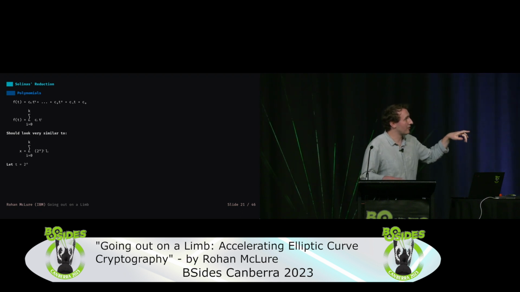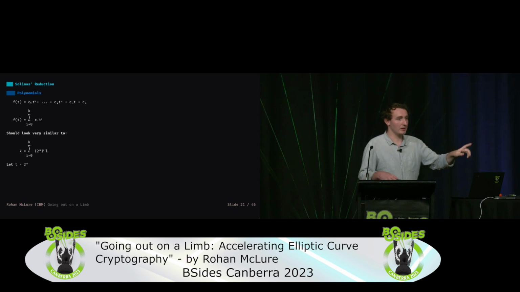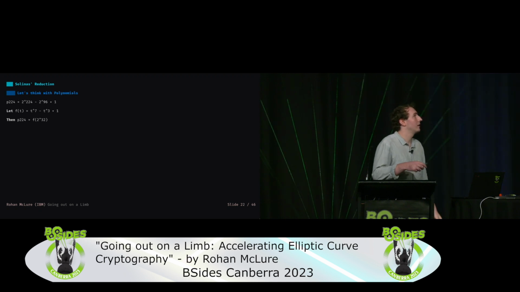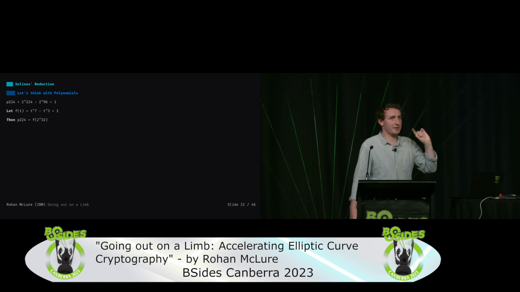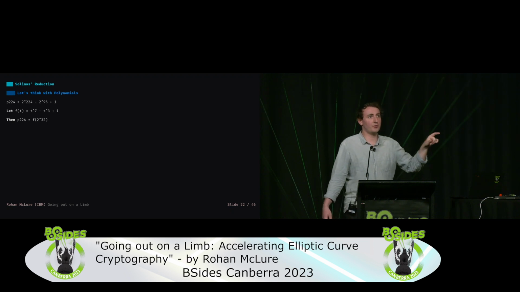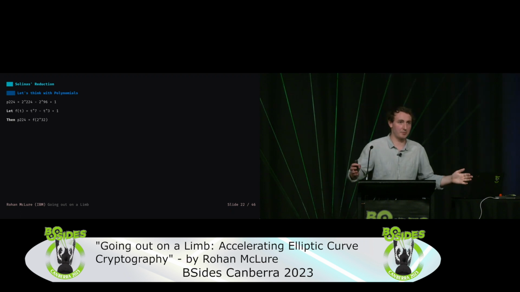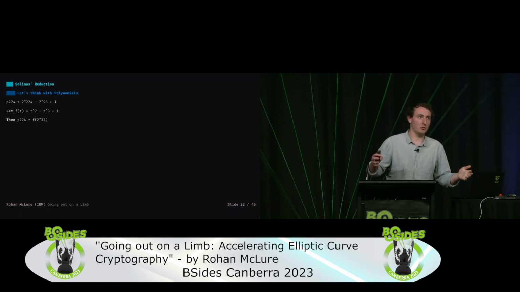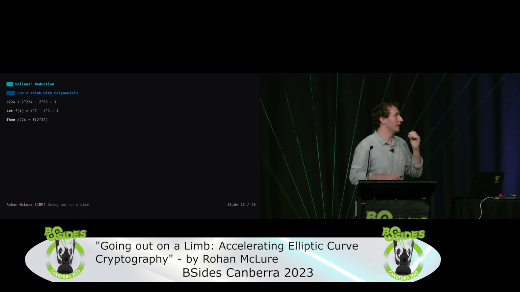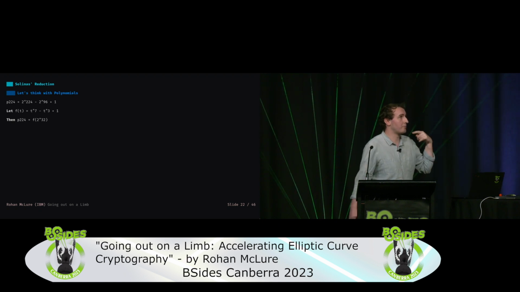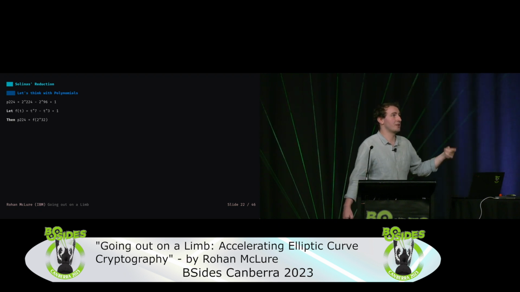We've just swapped out our radix, that is 2 to the n, for t. And so we can actually think of arithmetic modulo a Solinas prime, that is a prime easily expressible as some low-order polynomial of powers of 2. We can re-express our problem in terms of reduction in